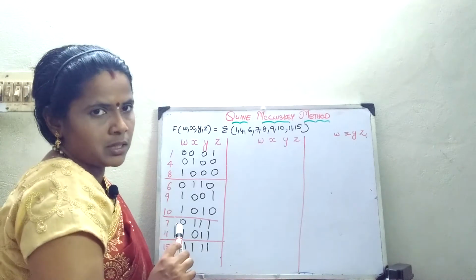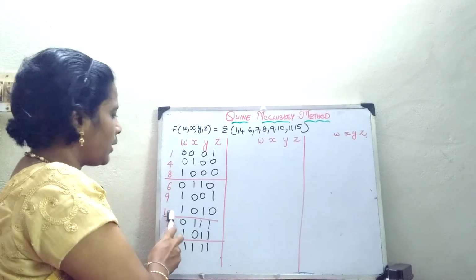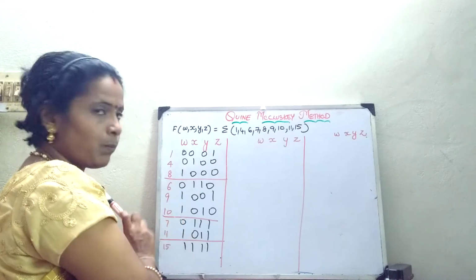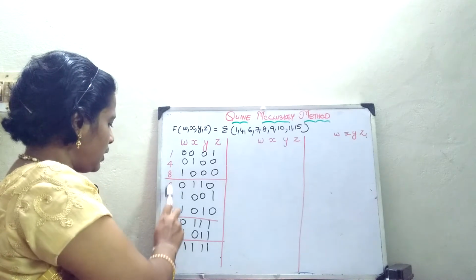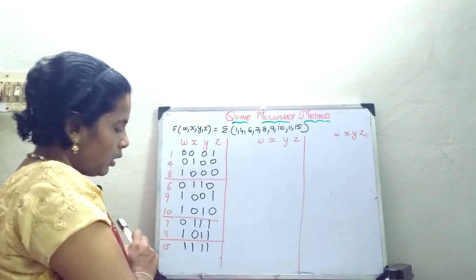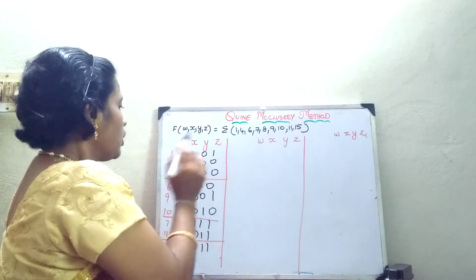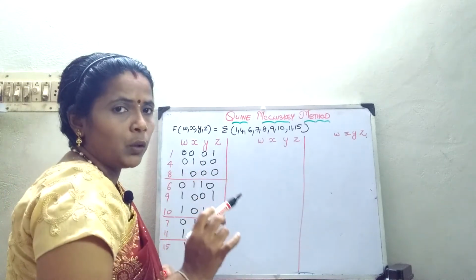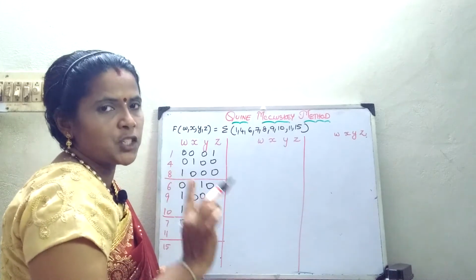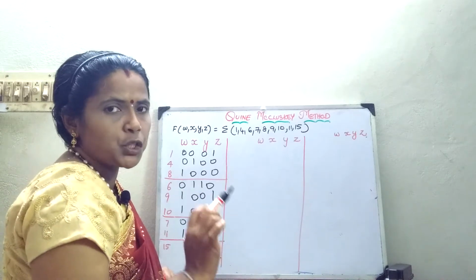That is the concept. Okay, now first we will check 1 with 6, 9 and 10. Similarly, 4 with 6, 9, 10, and 8 with 6, 9, 10. And the same procedure: 6 with 7, 6 with 11, 9 with 7, 9 with 11, 10 with 7, 10 with 11, and the same procedure has to be followed. Now, let us start writing. Whenever I do this, the principle is the same as in the K-map: there should be a single literal change, or a single bit change, and only that should be considered. Others you should leave.